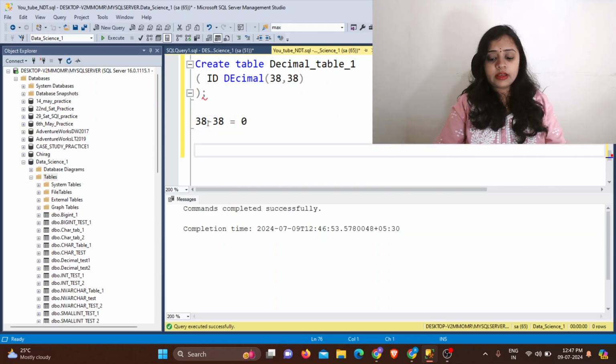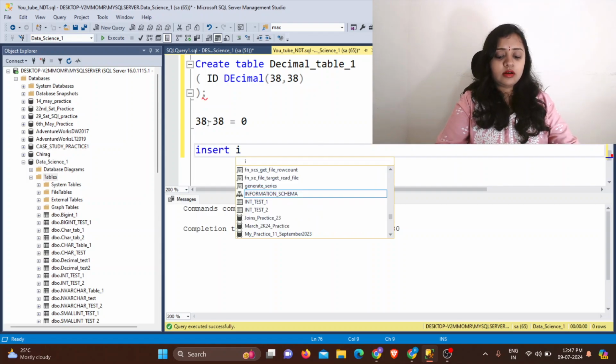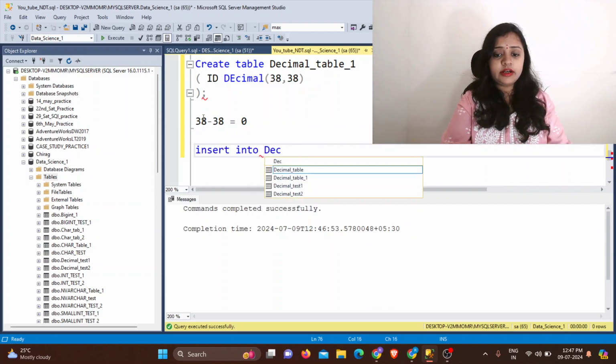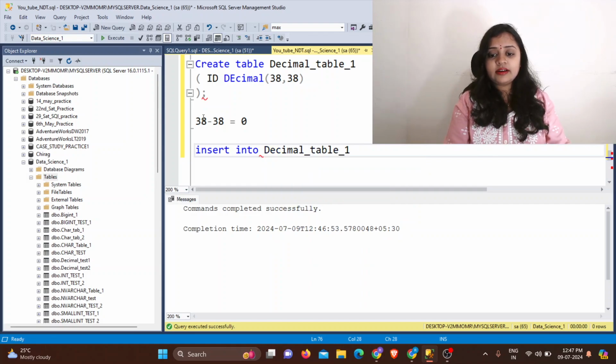Whenever you are trying to insert data inside your table, at that time before the decimal point no digit will be allowed, as per the range we have given.